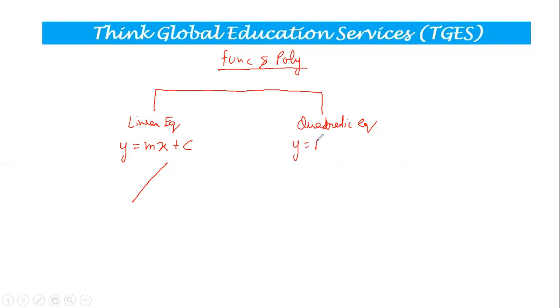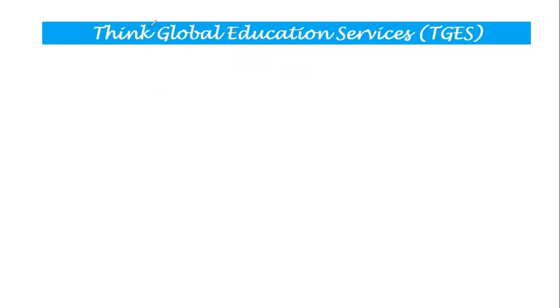But today we'll be talking about quadratic equation where the degree of the polynomial is 2, which is given to me by y is equal to ax square plus bx plus c. That's the general form of a quadratic equation. And whenever you try to draw this quadratic equation on the graph, you always get a parabola. So we'll talk about the parabola in the later videos, but today in this video we will understand how do we solve any particular quadratic equation. Okay, so let's talk about solving a quadratic equation.